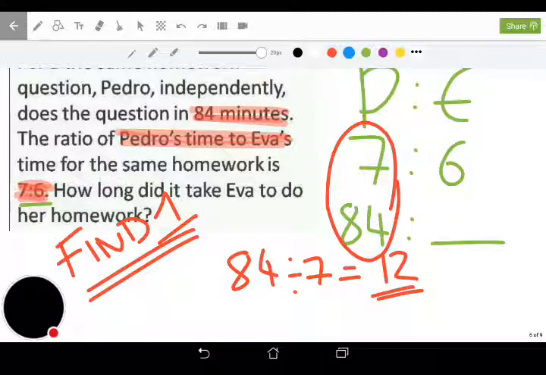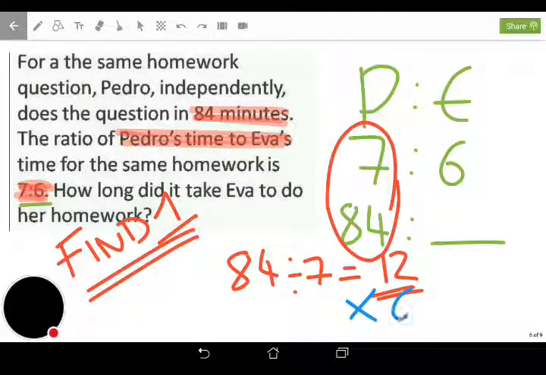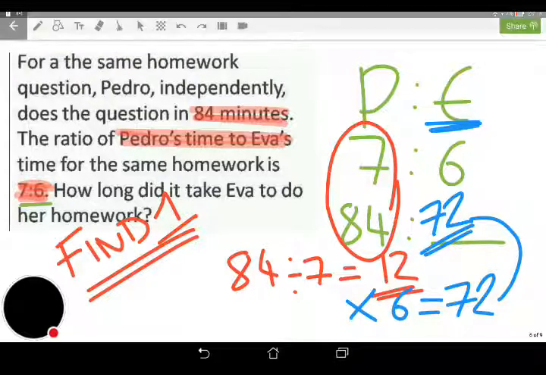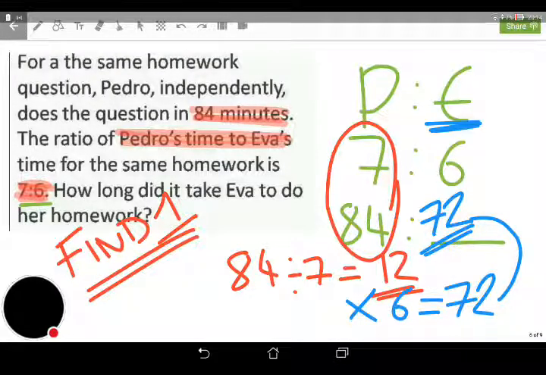I then want to find 6 parts, so I times it by 6, and when I times 12 by 6, that gives me Eva's amount. So it was what I was originally looking for there. So 12 times 6 is 72, and that goes into my answer box there. I'll write it in. 72. Okay, so we find one part every single time that we're working with this. Now the last kind